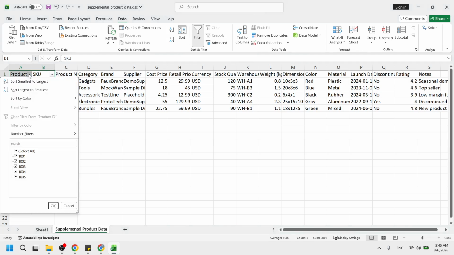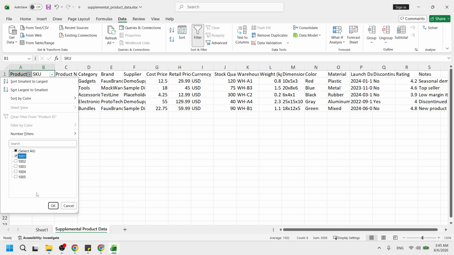With that ready, click the drop-down arrows that appear only on the headers of your selected range. Choose any one header to start. When you click its arrow, a menu opens showing sort options, plus a list of all unique values in that column, with small checkboxes. This is where you decide which rows to show by ticking or unticking values. The filter applies instantly when you confirm in that menu, and Excel hides any rows that do not match while keeping them safely in the file for later.